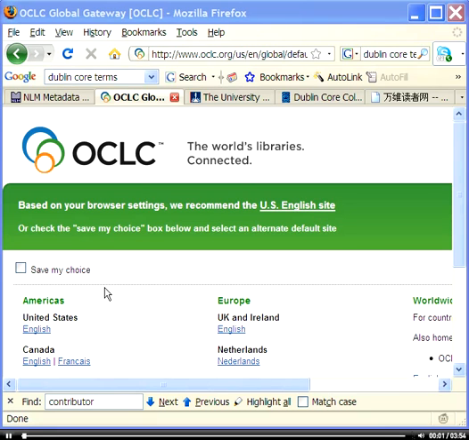We're going to see one example of using Dublin Core element to describe web pages. Typically, when you use DC core element to describe a web page, the metadata elements are embedded in the HTML code. This is OCLC's website. Looking at this website, we don't see any metadata here because metadata is in the source